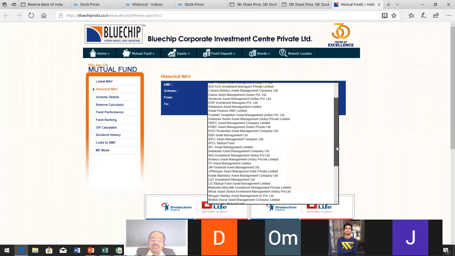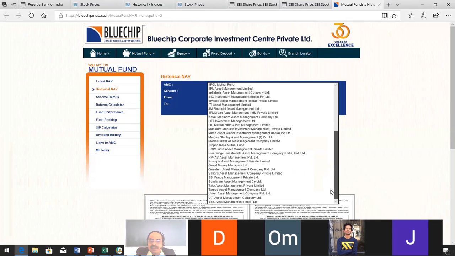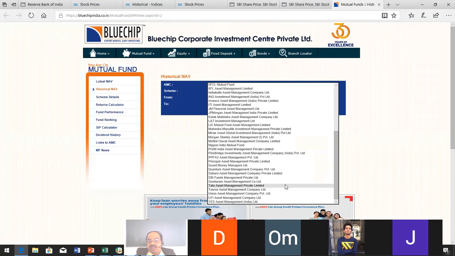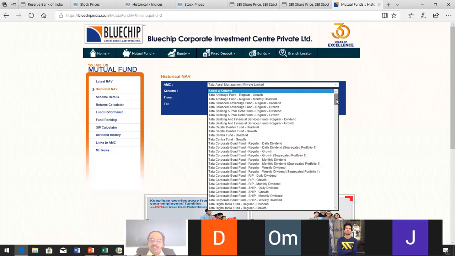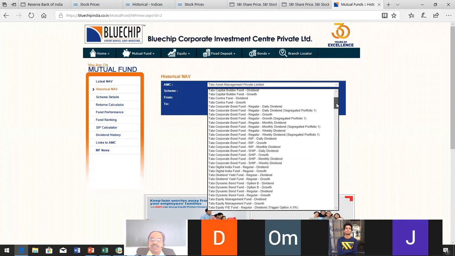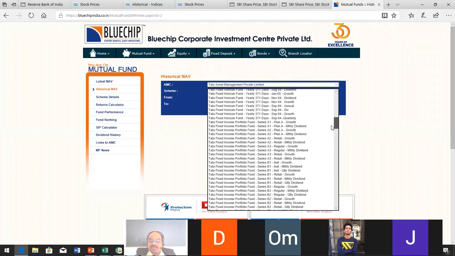Which type of mutual fund are you asking about? Tata India Consumer Mutual Fund. In the case of Tata Group, Tata Asset Management Private Limited is there. Under that, you can find your fund name, Tata India Consumers Fund.